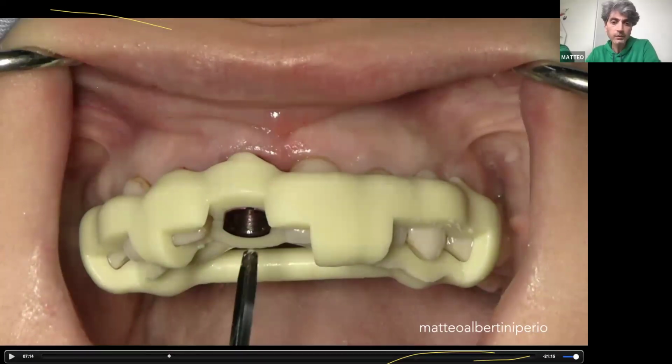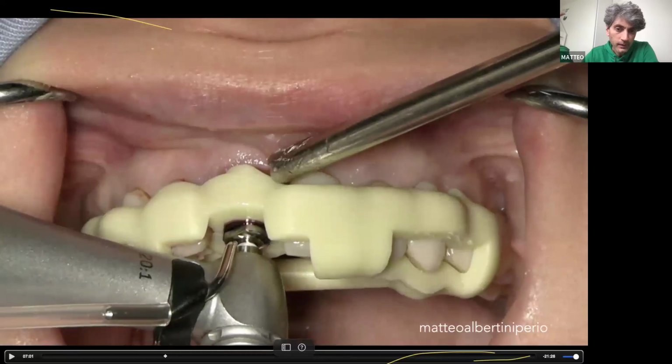So something that is very important is to use the first drill and to check if the first drill fits